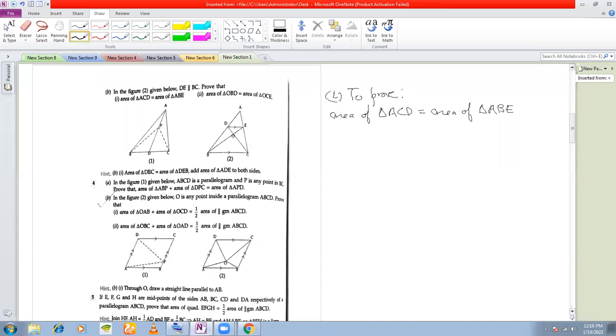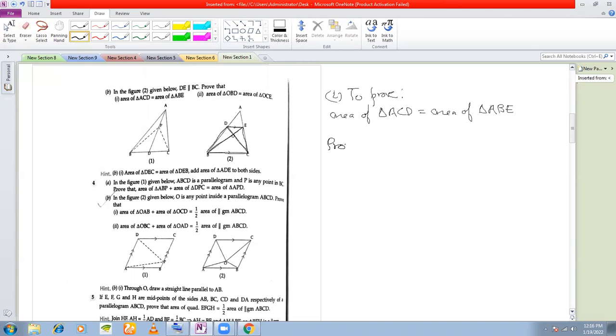Okay. So you need to show that the area of these two triangles are equal. How do we start? This is a straight line on which you have this triangle, right? These two are parallel lines given, right? So this is one triangle and this is the other triangle. Can you say that they are on the same base and between the same parallel lines? They are on the base DE and they are between these two parallel lines, right? So we can say that areas are equal. So let's write this. The area of these two triangles are equal.